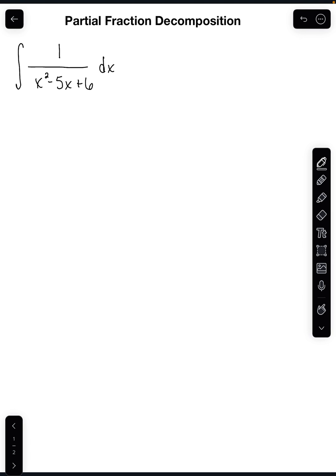The idea is that when we add rational expressions, we take expressions with smaller degree denominators, and in the process of finding a common denominator, we end up introducing new factors to each denominator so that we produce a single fraction with a larger degree denominator than the original fractions we started with. For example, if we were to take 1 over x plus 1 plus 3 over x minus 2, in order to combine these,